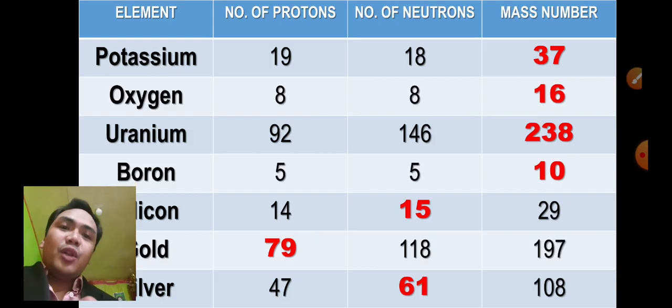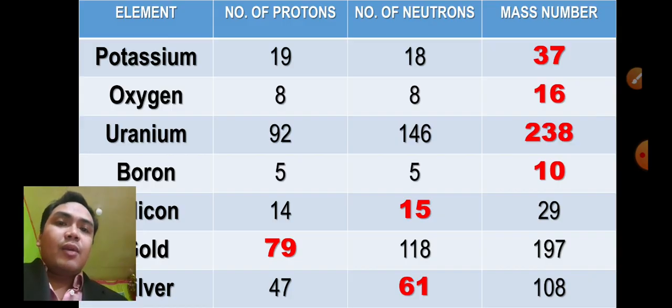To recall once more, we have the mass number that must be written on the upper left corner of the chemical symbol of the element, and then you have the atomic number that must be written on the lower left corner of the chemical symbol, and of course the chemical symbol of the element. And if there is a charge as part of the information, it must be written on the upper right corner of the isotopic symbol.